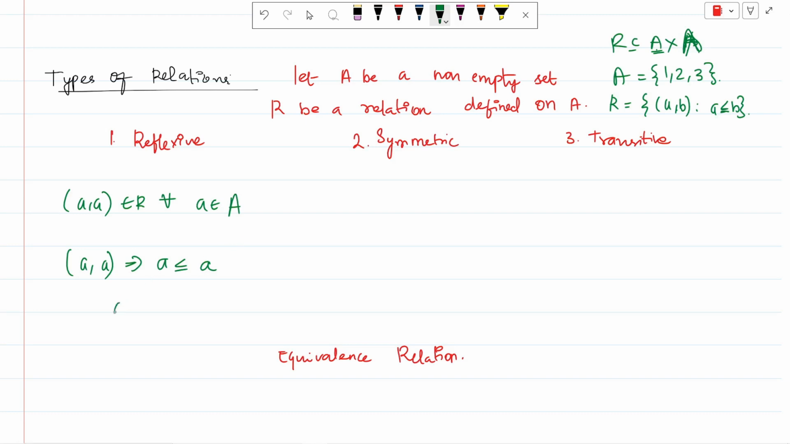இதுக்கு ஆக்சுவல் மீனிங் என்னது? ஒன்று ஏ லெஸ் தேன் ஏ இருக்கணும் அல்லது ஏ ஈக்குவல் டு ஏ இருக்கணும். ஏதாச்சும் ஒன்று சாட்டிஸ்ஃபை ஆனாலும் கூட இந்த ரிலேஷன் வந்து ஓகே அப்படி சொல்லலாம். இங்கே வந்து இது சாட்டிஸ்ஃபை ஆகிறது. ஸோ திஸ் இம்ப்ளைஸ் ஏ இஸ் ஆல்வேஸ் லெஸ் தேன் ஆர் ஈக்குவல் டு ஏ. ஸோ ஹென்ஸ்